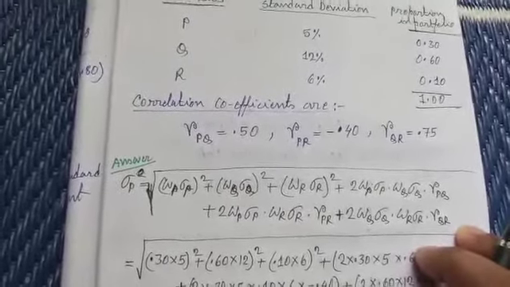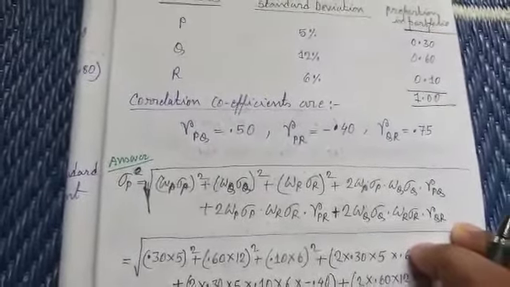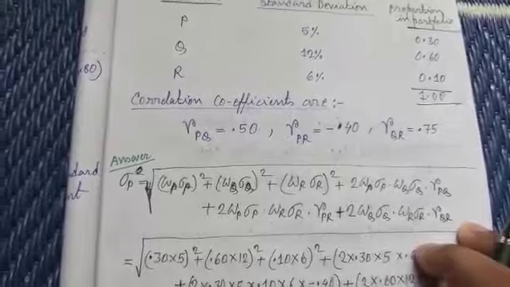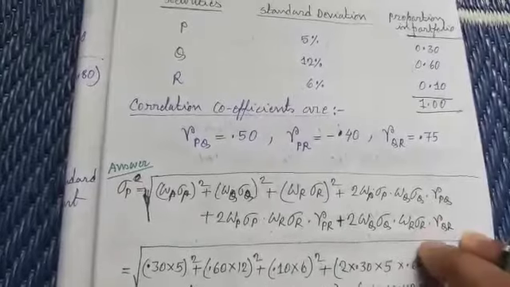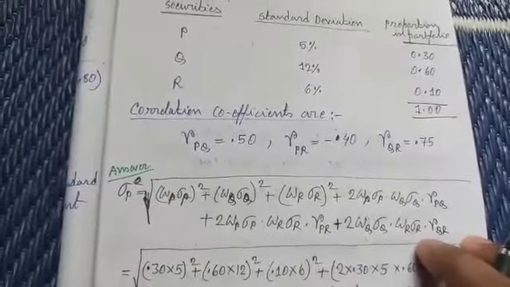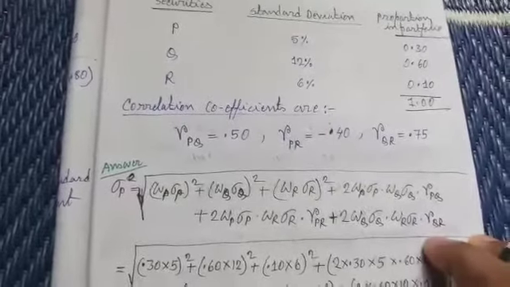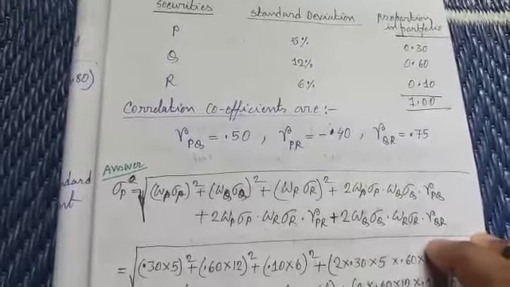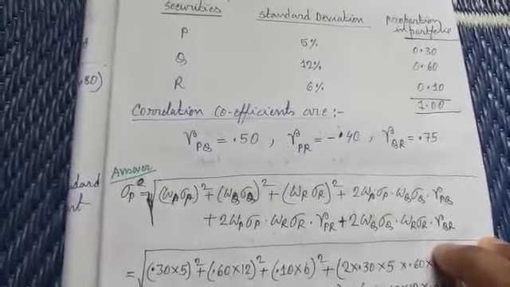This is nothing but the formula of A square plus B square plus C square plus 2AB plus 2BC plus 2CA. But with 2AB, the correlation coefficient between A and B, which is RAB, is to be attached. Similarly for 2AC, the correlation coefficient of A and C is to be attached. Similarly for 2BC, the correlation coefficient for B and C is to be attached. Here in place of ABC there is PQR. So here the formula will be